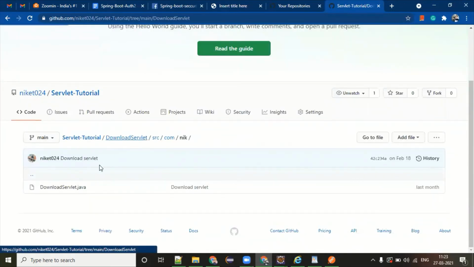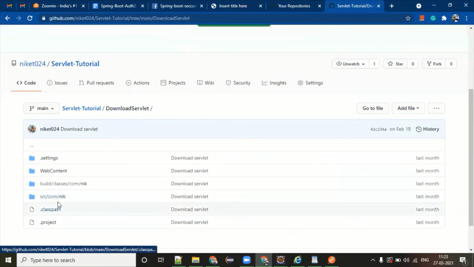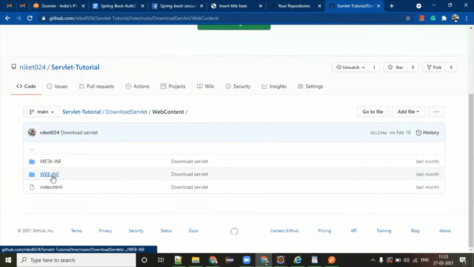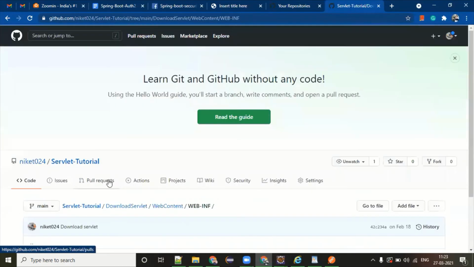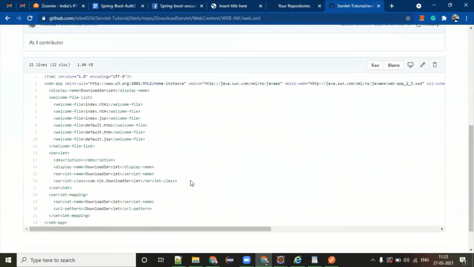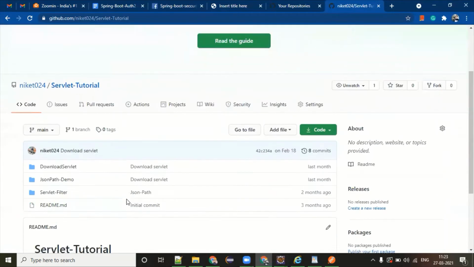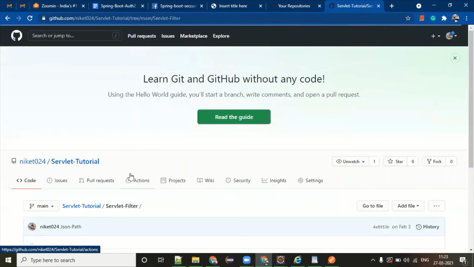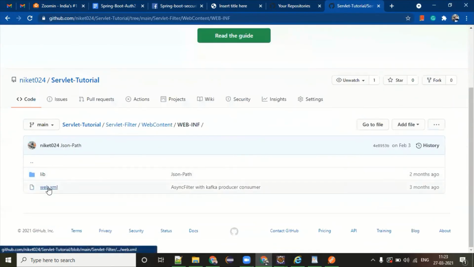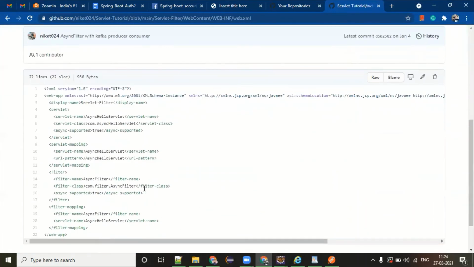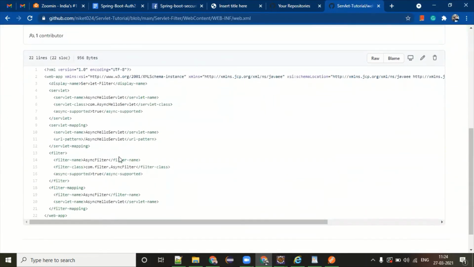Download servlet is there. Okay, fine. Then we have a web content, web.xml. And here I'm expecting there should be some filter. No, this is not the filter which I'm expecting. I will look into that. I think under this we have it or not, I'm not very sure. This is the web.xml. Yeah, okay. Look at this.